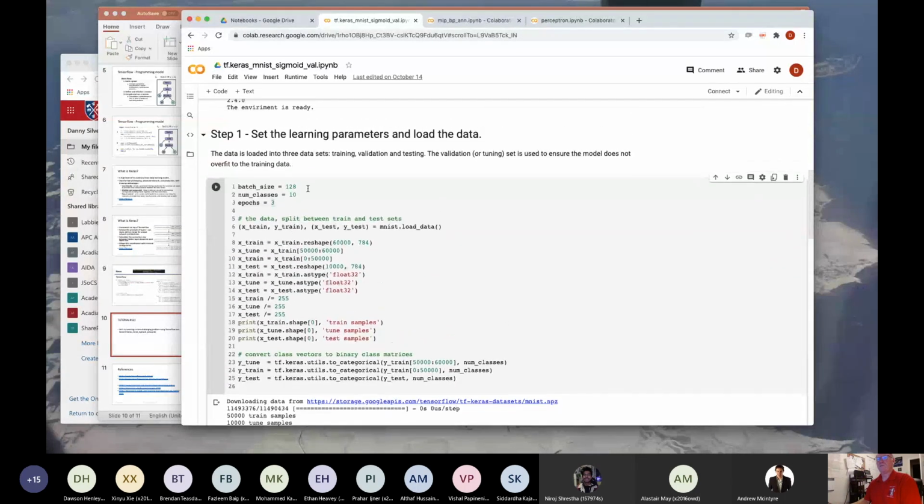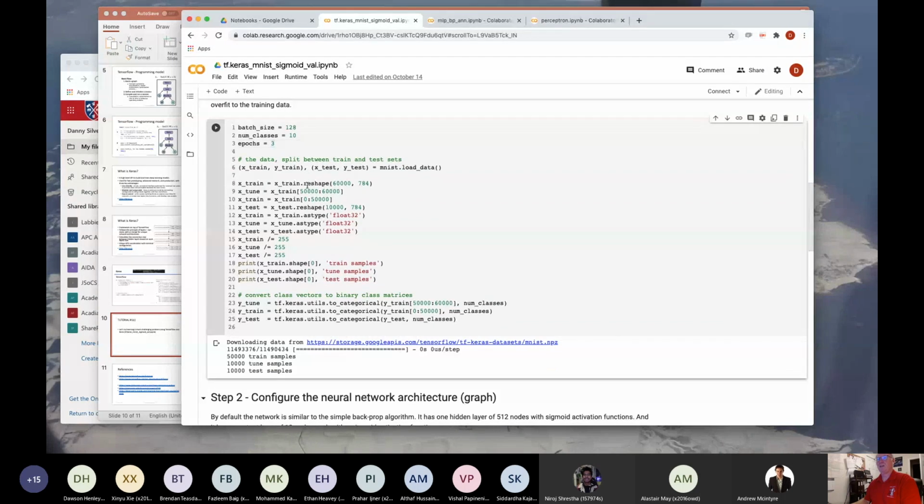Initially, we're just going to train for 3 epochs, believe it or not. That's all that's going to be needed here. This loads in the MNIST data set. That's all we need. The reason it's so simple is because the MNIST data set is part of the environment we're working in here. There's others as well, but MNIST is one of them. And this really, really simple call not only loads the data in where the program can access it, but it further carves it up into a training set and a test set.